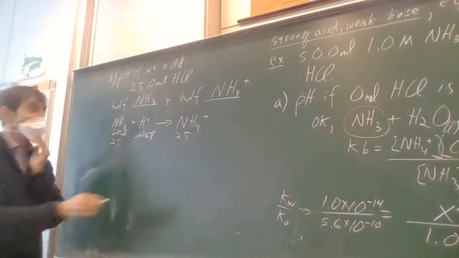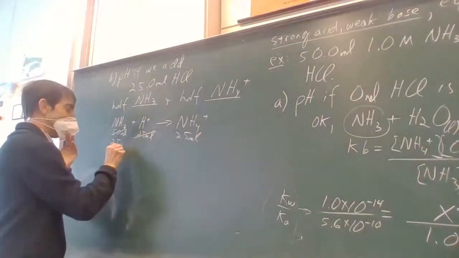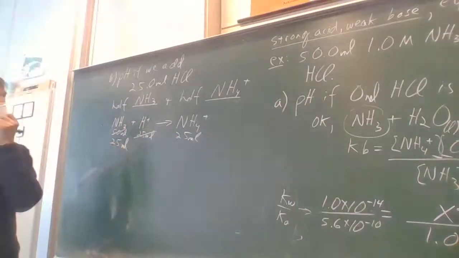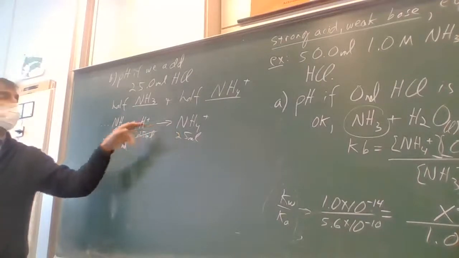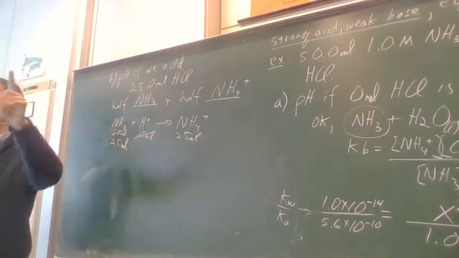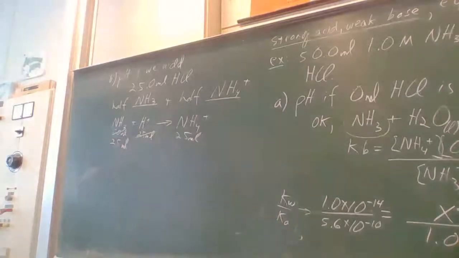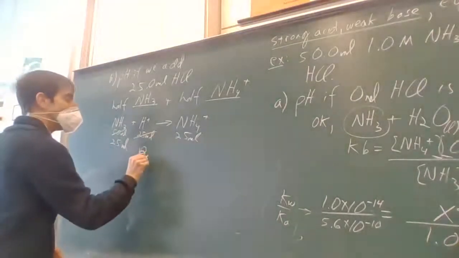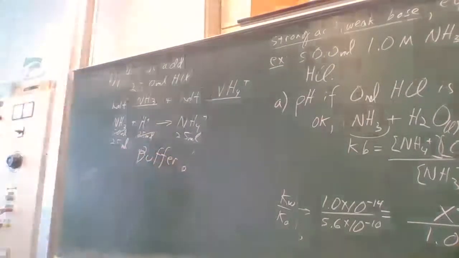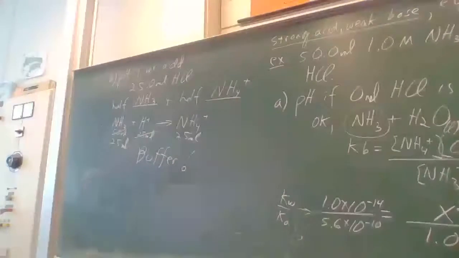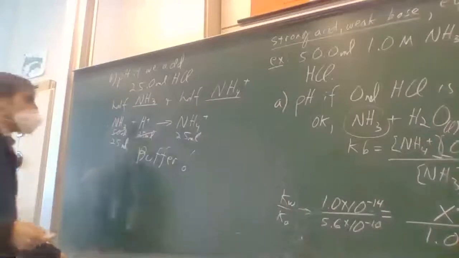So like the other time, which I hope looks familiar now, I've got half of a weak acid and half of its conjugate, which is a buffer. I really want you to sniff that out. Oh, okay. It's always going to be a buffer. Always going to be a buffer. Okay, so